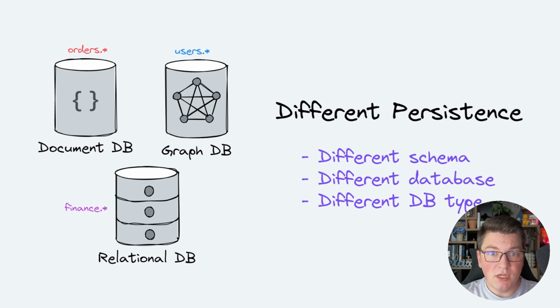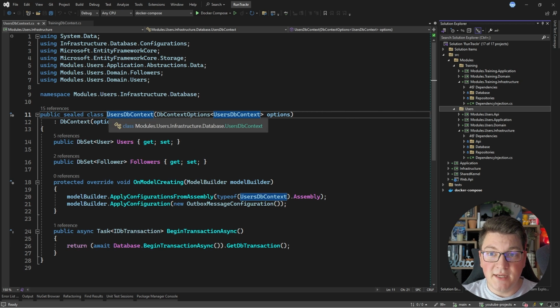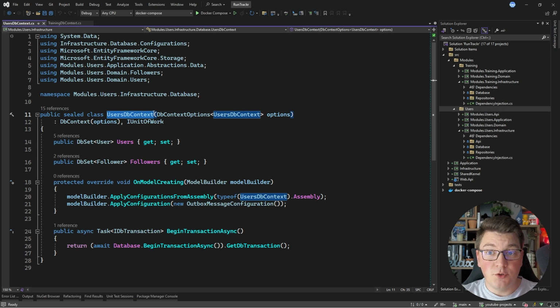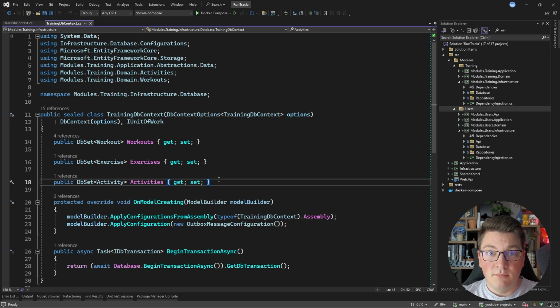So now let me show you how we're going to implement logical separation between our modules using EF Core. In this example, I have two modules in my system, the training module and the users module. The modules are organized using the clean architecture, and each module has a dedicated database context. So for the users module, we have the users database context, and in the training module, we have the training database context. So this is already giving us a certain level of separation inside of the code because the entities